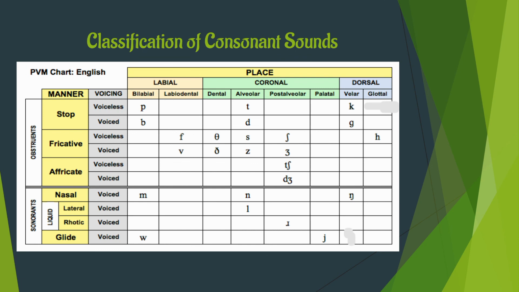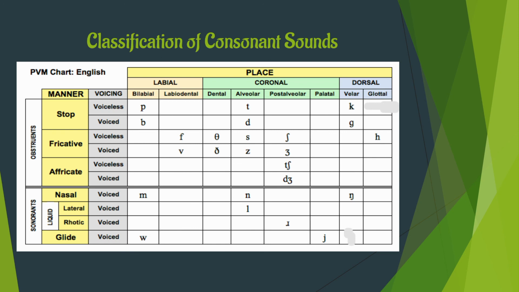The last fricative, fricative 9, glottal fricative. The sound comes from the glottis. Glottis, you know, is the extreme end part after the uvula, the extreme end part of the mouth. From that this sound will come. For example, in he, the initial sound is ha. The mouth is open, and the sound is coming from the extreme back part of the mouth. That is from the glottis, so that's why it is a glottal sound.